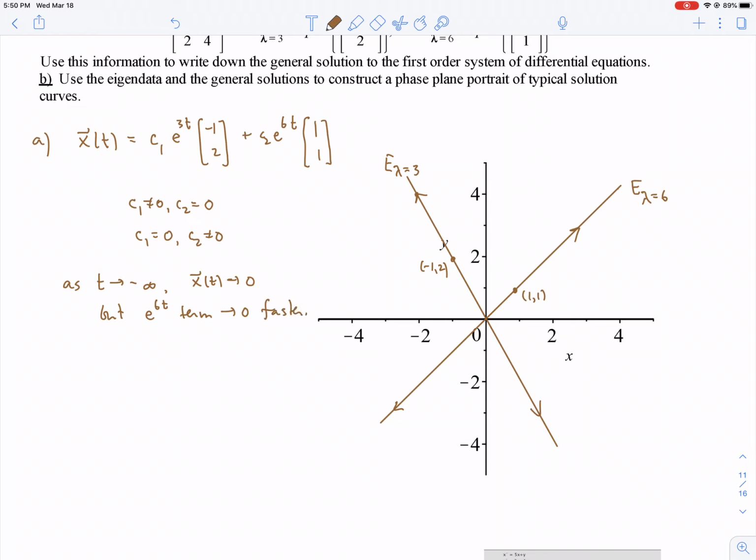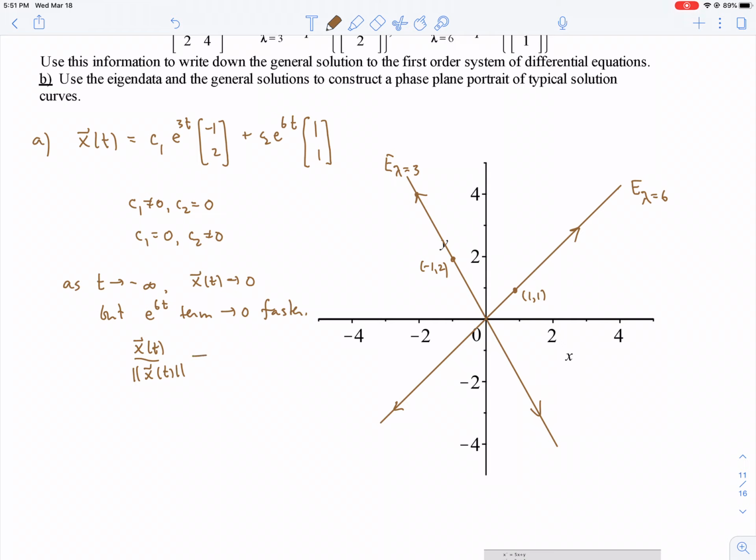So when t is really negative, both terms are small, but the e to the 3t times (-1, 2) term is much bigger. So I could say this by saying x of t over the magnitude of x of t